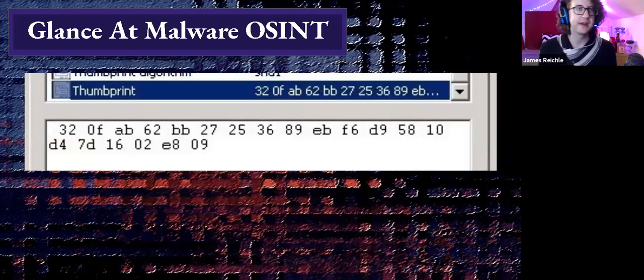Thumbprint. Thumbprint's a great one. This is similar to a file hash, right? It's just a cryptographic hash. So hey, we've got this one here, 320F. What can we do with that? Well, obviously we can Google it, like I've said, but in this case,